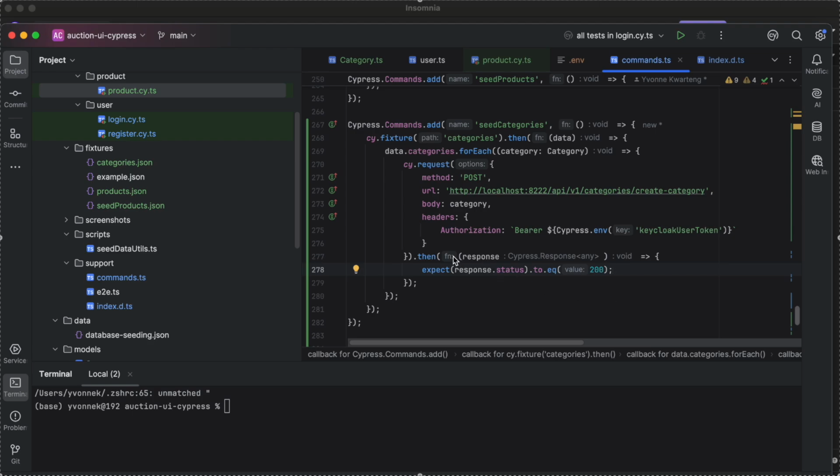And then we are saving whatever response, and then we are checking that the response is a 200, because when we do all this, we say is it a 200. And obviously if it's a 200, then our test has passed. So that's categories. Okay,